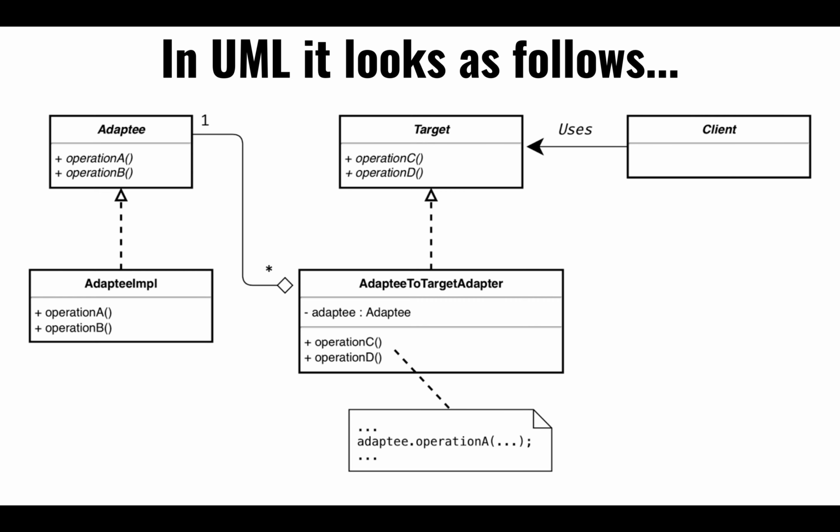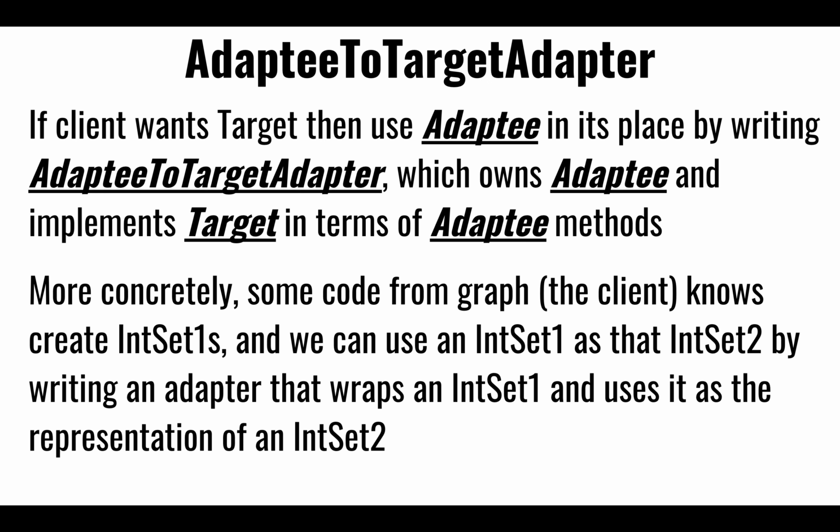So what we could do is create the adaptee to target adapter. Notice it's the same class that we were implementing earlier, but the strategy is going to be slightly different. We still implement the interface, same as before, but instead of inheriting an implementation of adaptee, notice that we're not inheriting. Instead, we keep track of an instance of these objects. Notice that we have a one-to-many: we have many instances of these that can be used in many adapters, and then we're going to forward. We're going to forward operation C, D, and so on and so forth to the adaptee with operation A, B, C, and whatnot. So the implementation